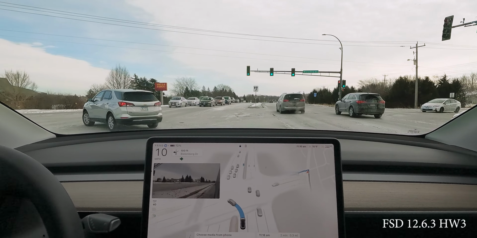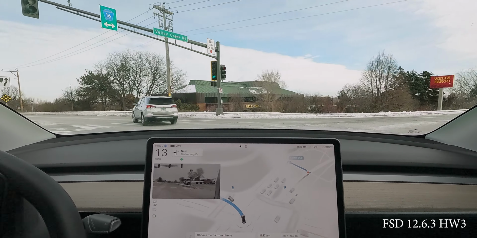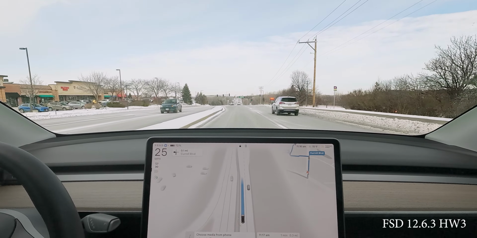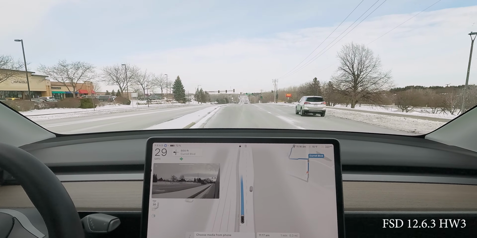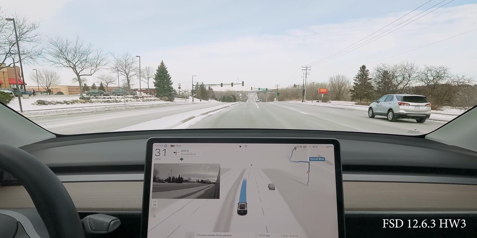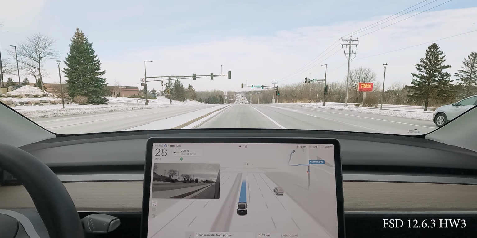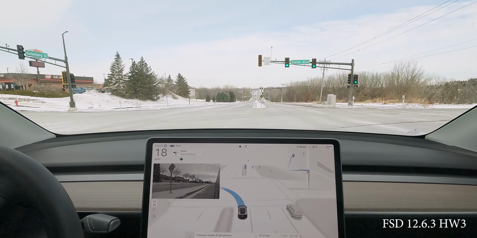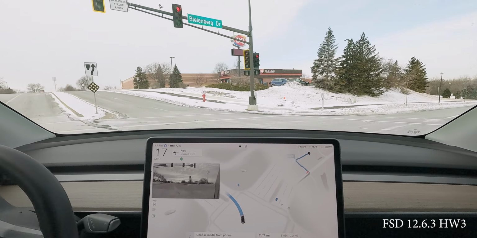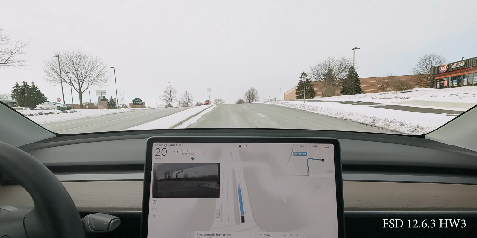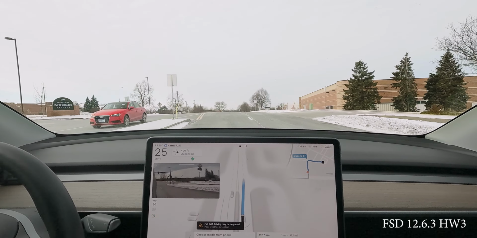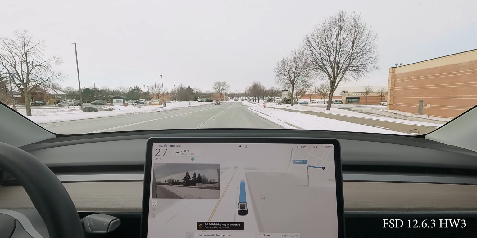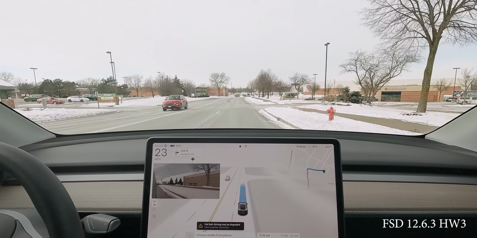So here we go. We are taking our turn. Now, he just crosses over, so you're not supposed to do that. That's technically illegal. And then we are in our lane here. So, perfect intersection. We're also coming up on another intersection here. We need to take a left. We have a green light, but we have a yellow blinking flash. Nobody's here, so the car handles this perfectly, goes right through that light right away, needs to move over, puts its blinker on immediately, does a fantastic job of this, scoots itself over, actually keeps its blinker on because we have a short distance to go into this